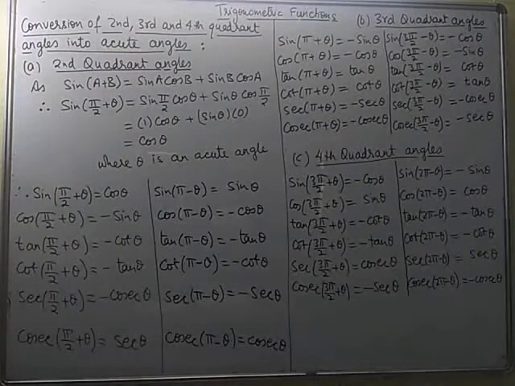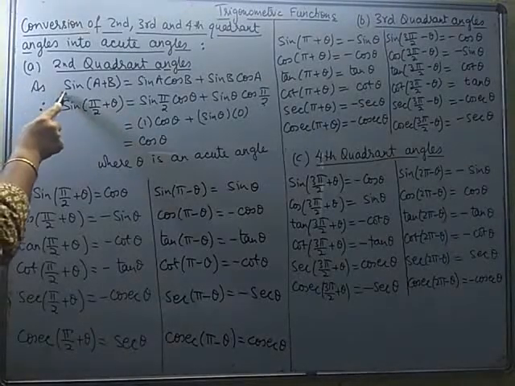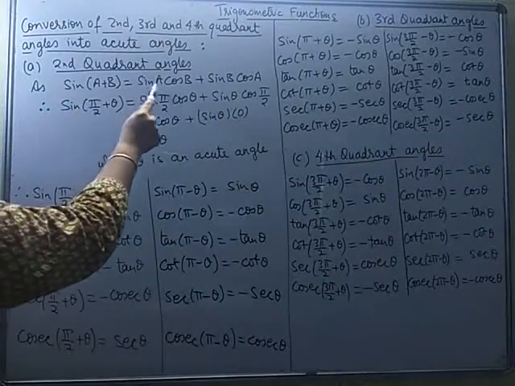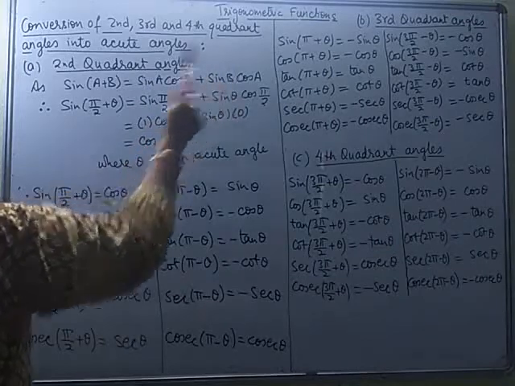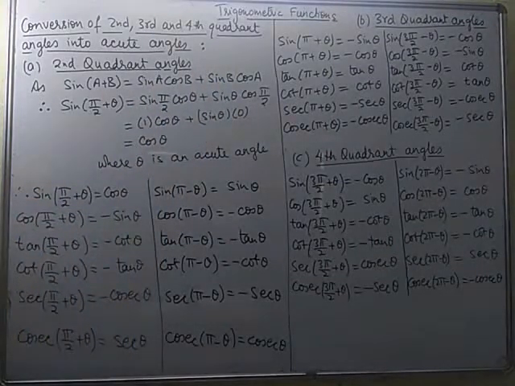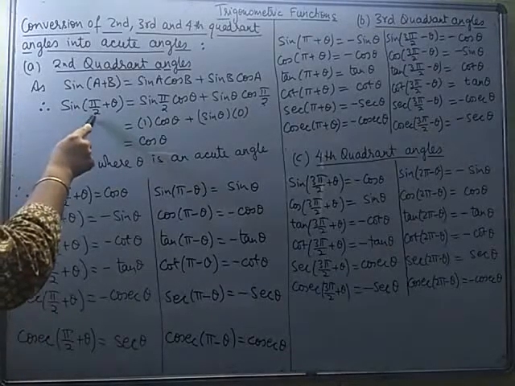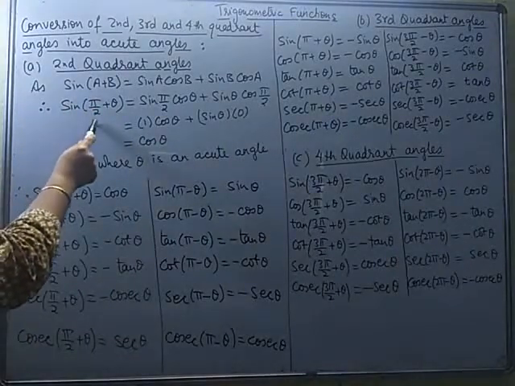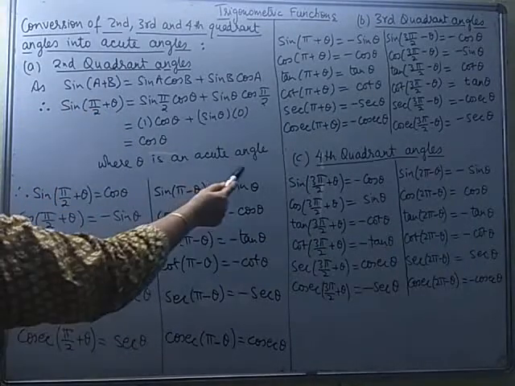So we will cover each of the quadrants one by one. First quadrant angles you are already aware of, you have done in your class 10. So we start with the second quadrant angles. Keep this result in your mind. We have already derived that sin(A+B) can be written as sin A cos B plus sin B cos A. So keeping this in mind, if we take our second quadrant angle, say pi by 2 plus theta, it is a second quadrant angle, because pi by 2 in degrees is 90 degrees and theta is any acute angle.